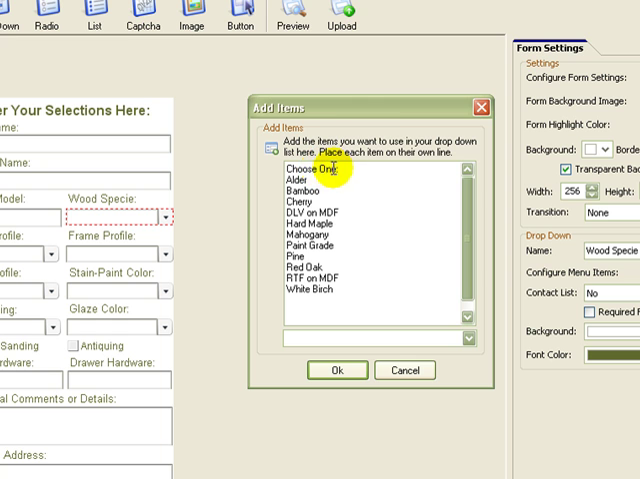Just the type text, choose one, telling them that they need to choose one of these, and then all the items that are available in these wood species. And I've just pulled all the items that are available from Conestoga here. And if you need to add a new one, you just come down here to the bottom and hit enter,